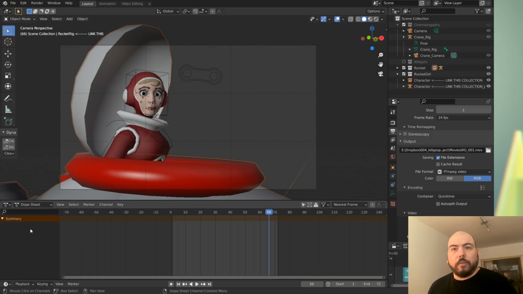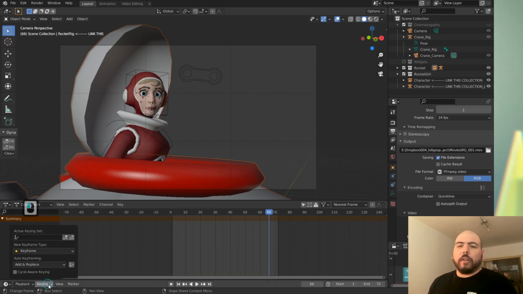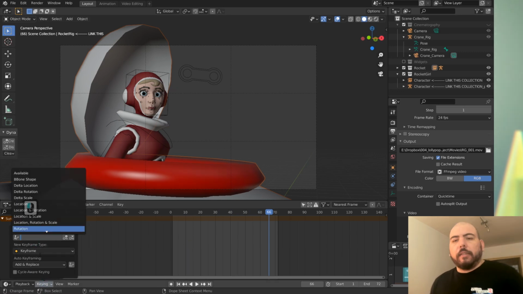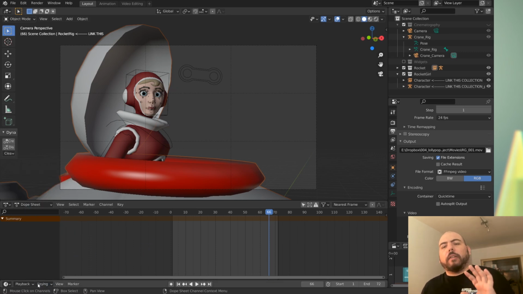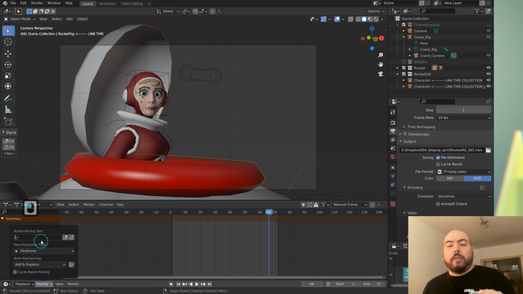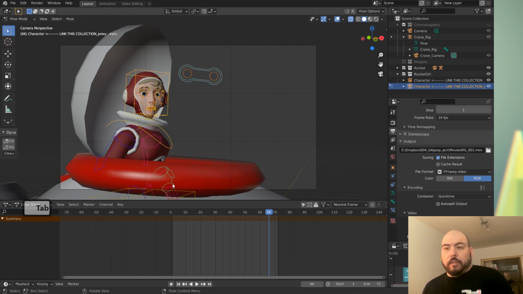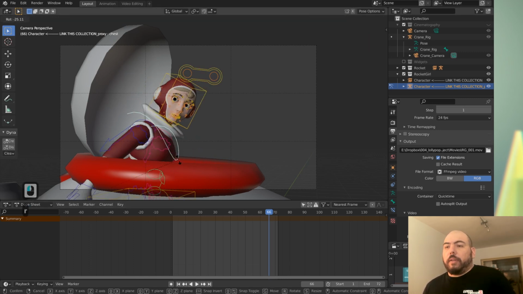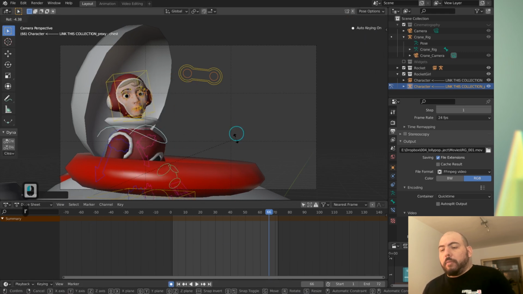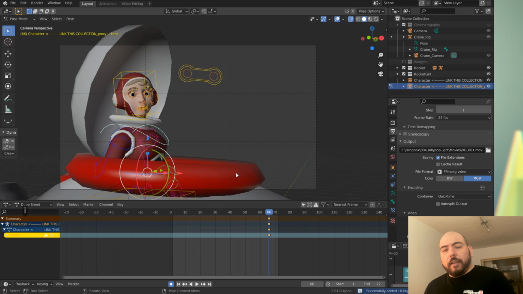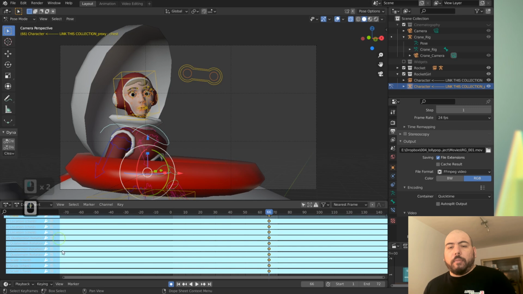So, other things that we need to set up beforehand, keying. As I was saying before, you have the keying sets here. And if you want it to behave like in Maya, for instance, you go active keying set, location, rotation, and scale. And because we also set in the preferences auto keying to work only on the previously keyed things, the available, then it's basically good to go. Now if I move this around, nothing will happen. If I move this around, nothing will happen. If I press I, because I selected that, now I get the keyframes in the 3 properties.